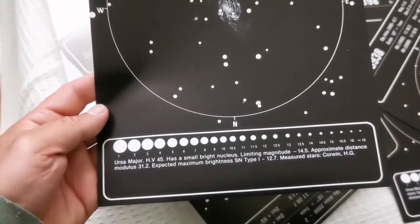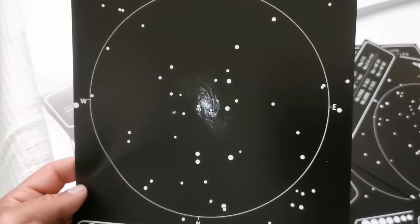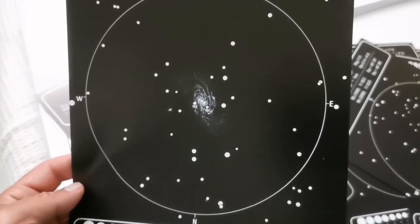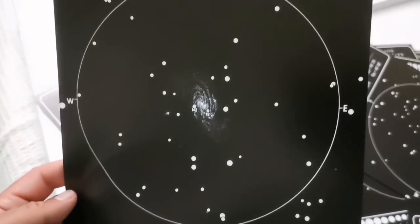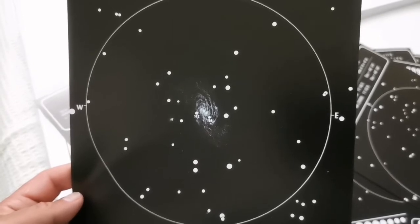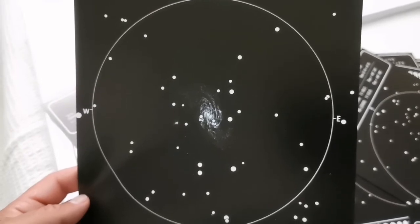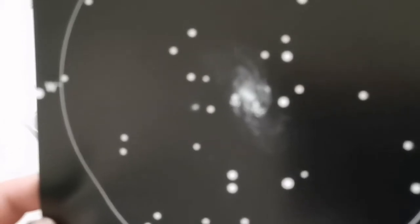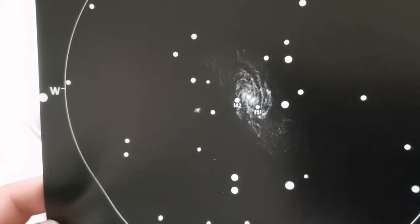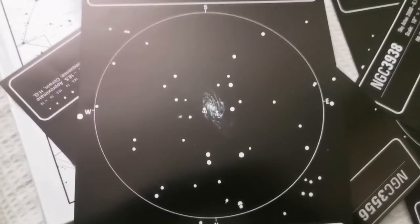So there's a small bright nucleus, as I mentioned. And these are all the field stars you can see in this galaxy. They're really faint, maybe magnitude 15 or something. But when you know this chart and these stars, which are foreground stars in our own galaxy, you will know that if there is any other star, it is a supernova. I'm showing you this so my video will be thorough,